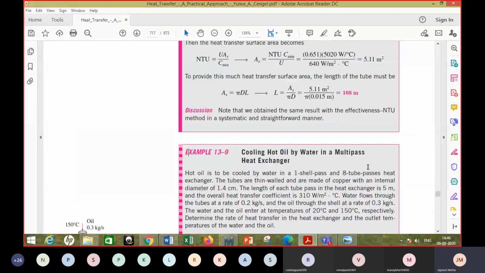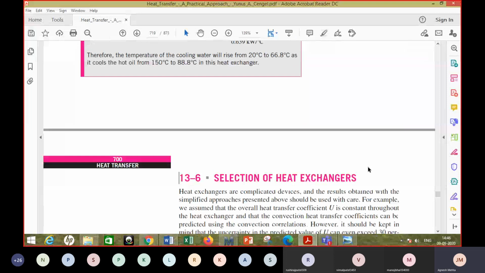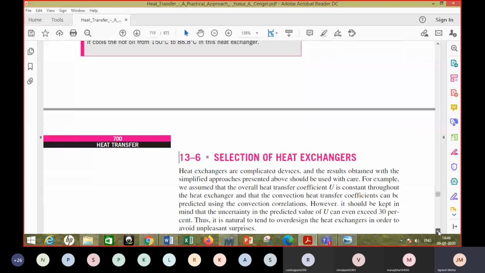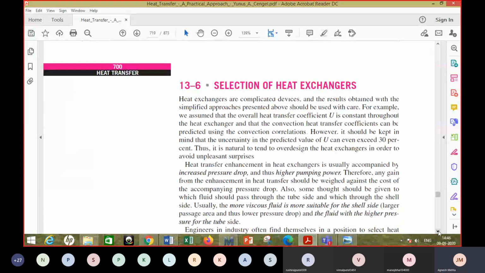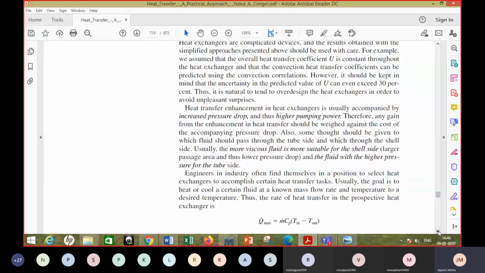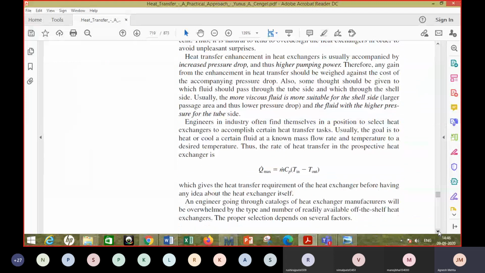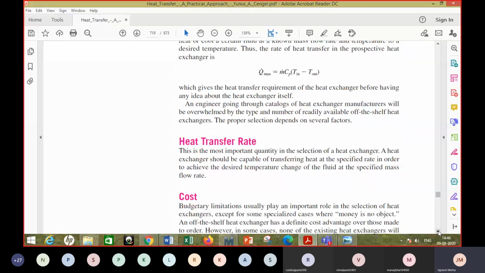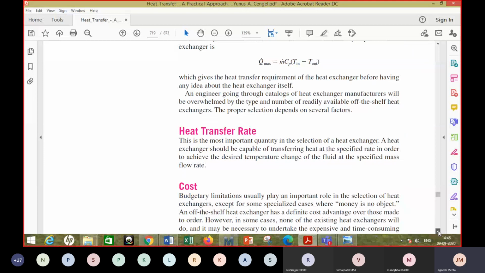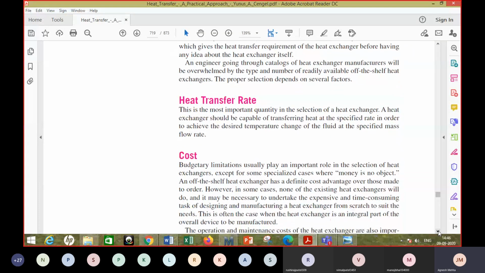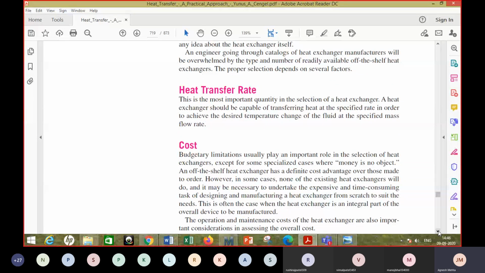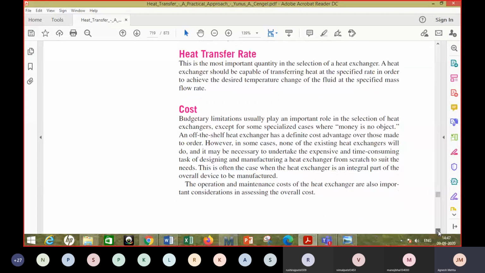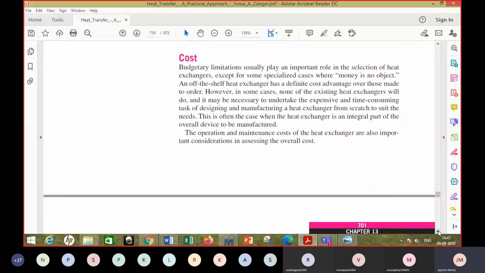Now, if one has to design a heat exchanger, what are the parameters? What are the different factors on which the selection of a heat exchanger would depend? It will not be only the thermal performance, that is, having high effectiveness is not the only criteria. Having high heat transfer rate and high effectiveness, yes, it's the first thing that you will look into and would prefer to have the highest value of heat transfer rate and effectiveness. But there are other parameters which will also affect selection or design of a heat exchanger.